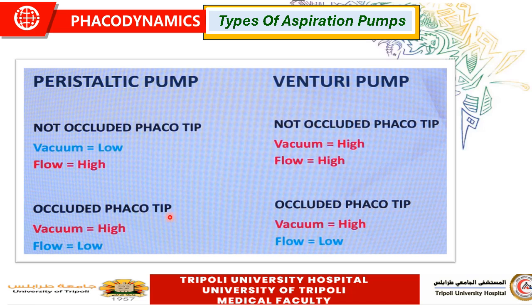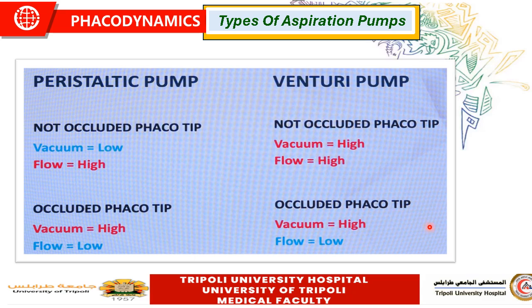In the presence of occlusion, the vacuum will start to build up and become high in the peristaltic pump, and the flow will be reduced because there is occlusion of the tip and obstruction of the aspiration line. Similarly, even in the Venturi pump, the same thing will happen. From this problem, that is the slowdown of the flow rate, some problems might arise, like the post-occlusion surge and the thermal effect of the phaco needle. And in the next slides, we'll speak about the measures taken by different companies to avoid and overcome